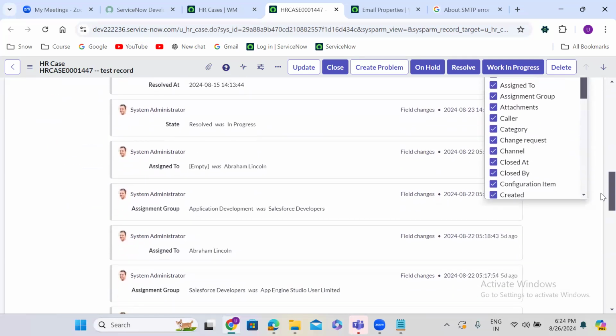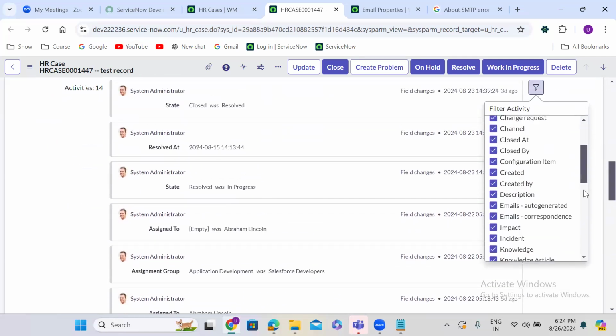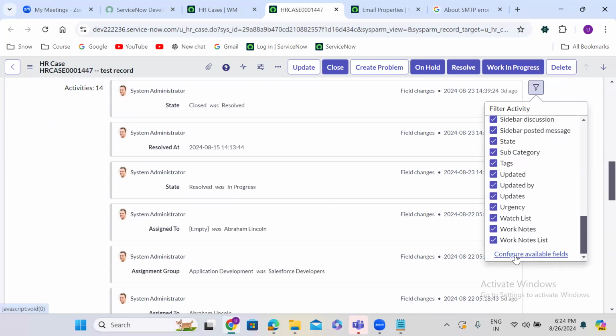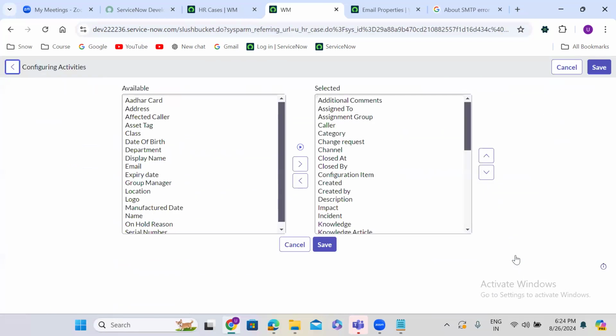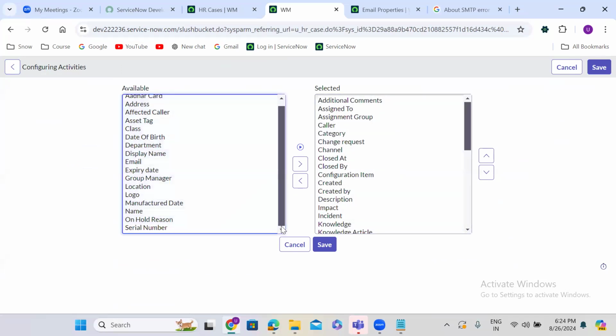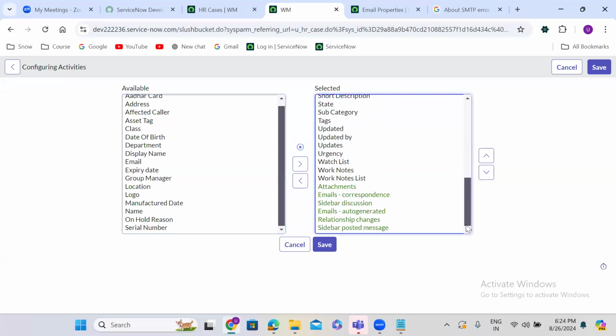Scroll down. Configure available fields. You can see emails auto-generated, email correspondence. Auto-generated means whatever emails are sent out from ServiceNow. Correspondence means whatever emails are received by ServiceNow. Okay. So if you want to see them in the activity formatter,